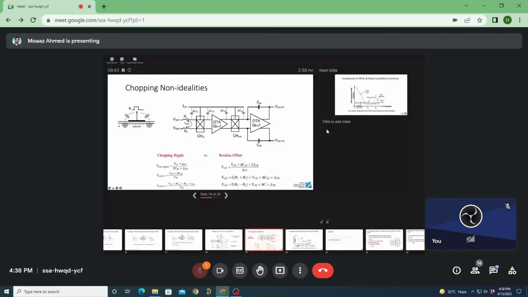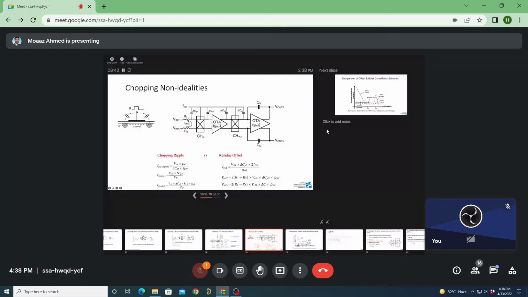So when you turn on the switch, I'm sure you would have studied charge injection or clock feedthrough. So these are due to the non-idealities of the switches, so that we can have input current, which is represented by this offset current at the input, R1, R2 resistors there. And we can have a chopping ripple. And the expression of these